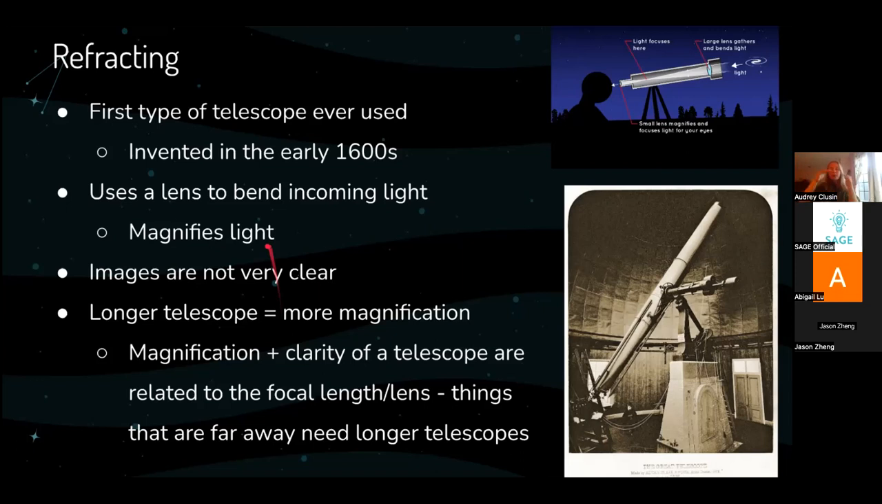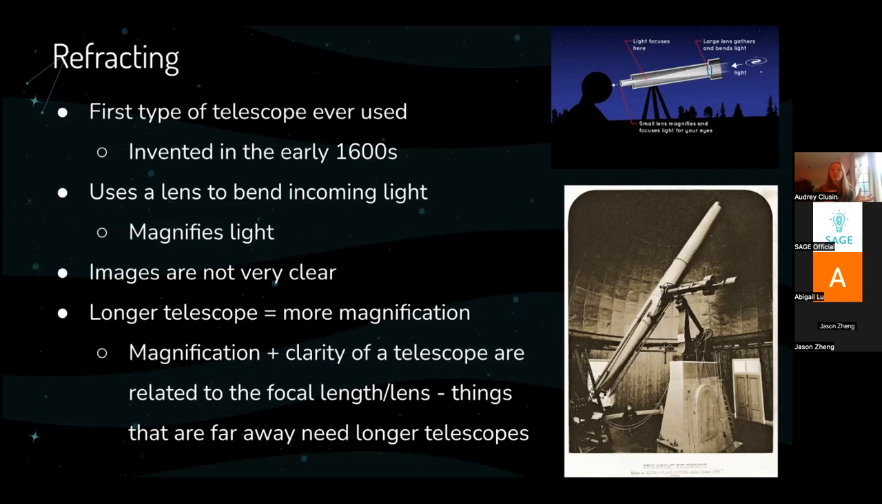It's using a bent lens to bend light into your eye basically and magnify things, which is really important and really helpful for looking at things that are really far away. The only problem is that images aren't very clear when you're looking at something so far away, but one solution to this is making longer telescopes. This gives more magnification,